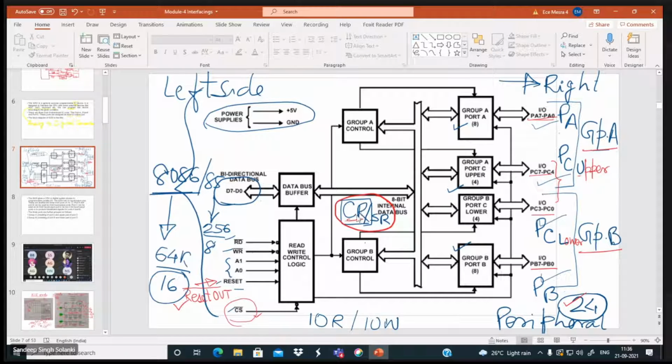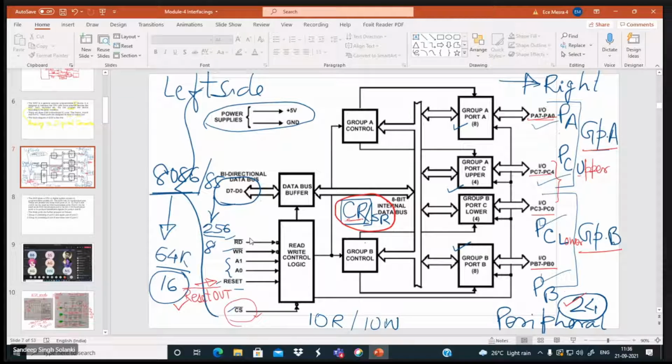This control word means what? Actually, you are generating an instruction, like the instructions you might have learned, RIM and SIM. You remember RIM and SIM?